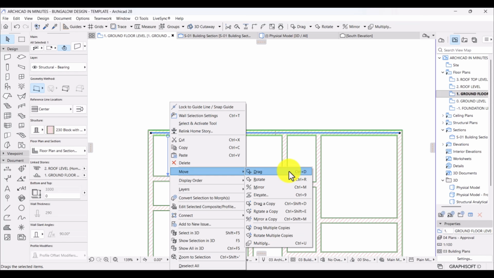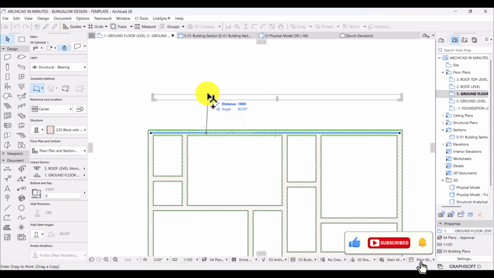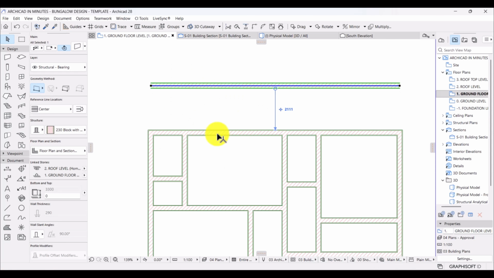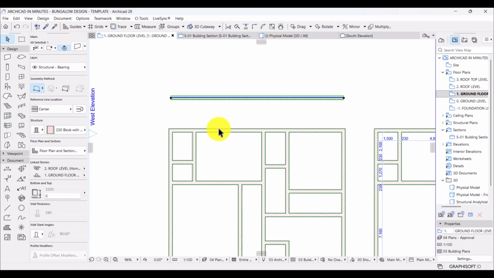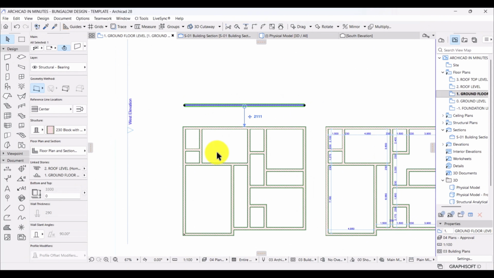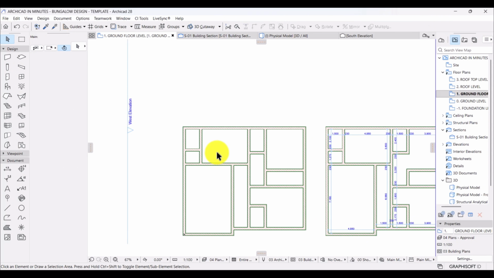You cannot be clicking on the wall and trying to maneuver to move and then either to drag or to drag a copy. It's going to be very cumbersome at the end of the day. So if I want to drag now, doing this procedure, you are taking a longer time in order to get it. So you need to master